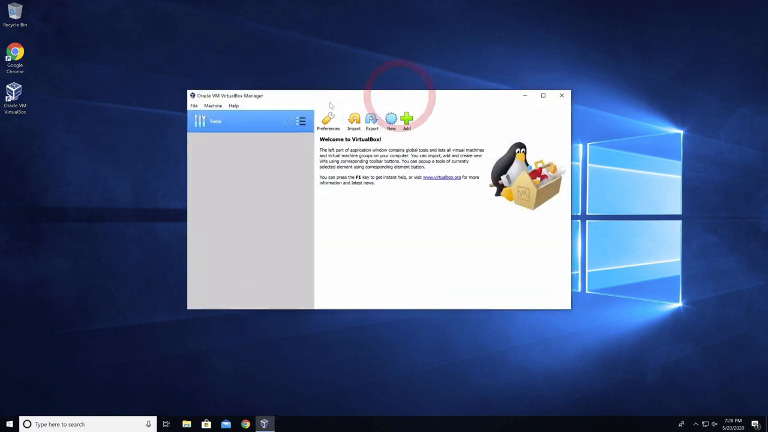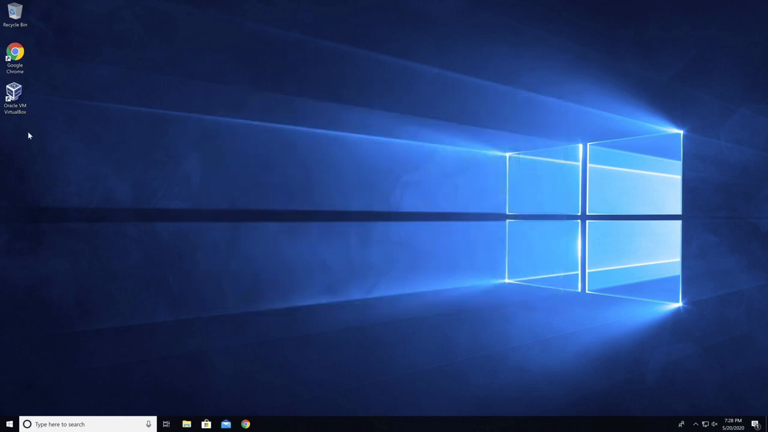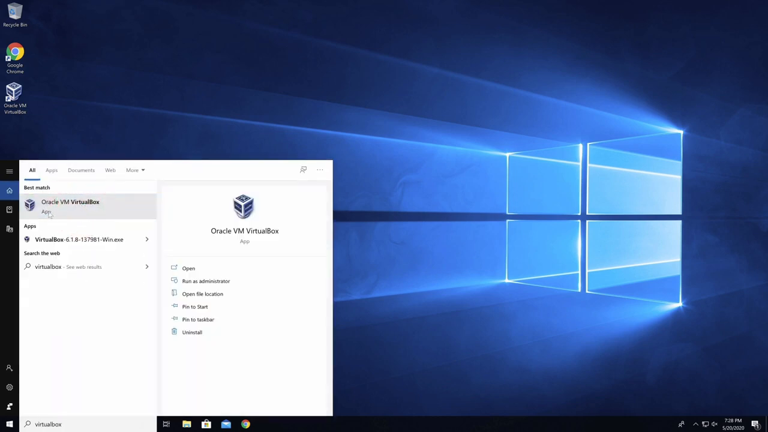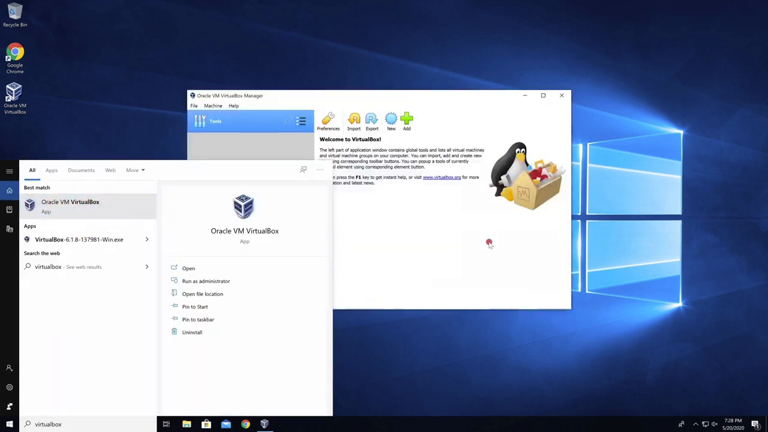And there you have it. Now we have Oracle VM VirtualBox Manager installed on your Windows machine. You can go ahead and click X to close it out. If you want to open this VM again, you can double click on the icon on your desktop, or in your start menu, you can search for VirtualBox and double click on the VirtualBox icon, and you will get